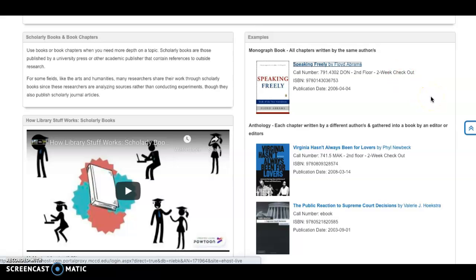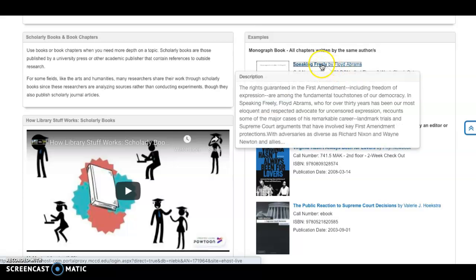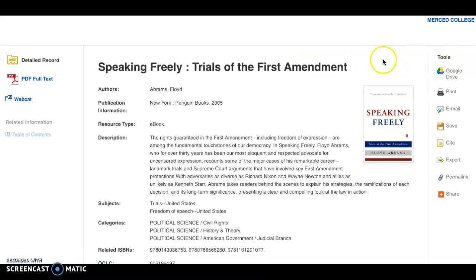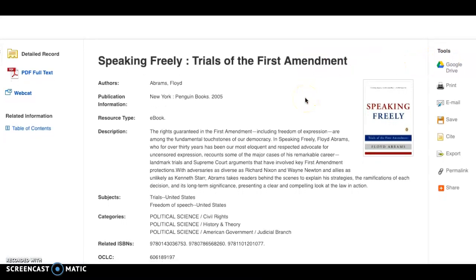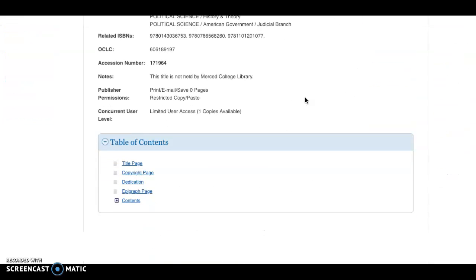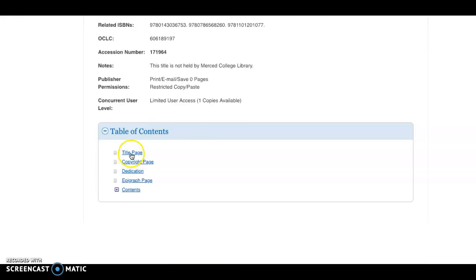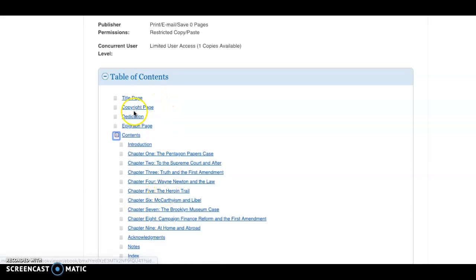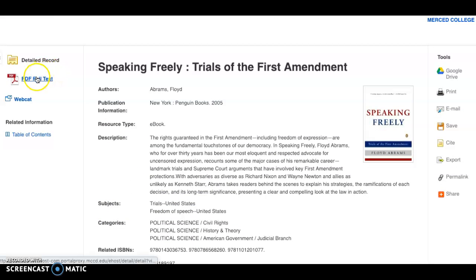Finally, let's take a look at how we open up one of these ebooks. I'm going to go ahead and click on this top one right here, this Speaking Freely. It redirects me straight into the record. Now to open up the book, I can either come to this table of contents and click here, and these will open up to, say, the chapter or the copyright page or the title page, or I can select PDF